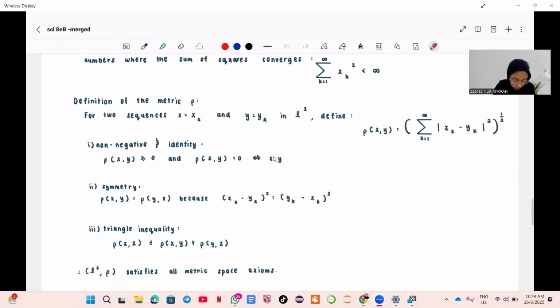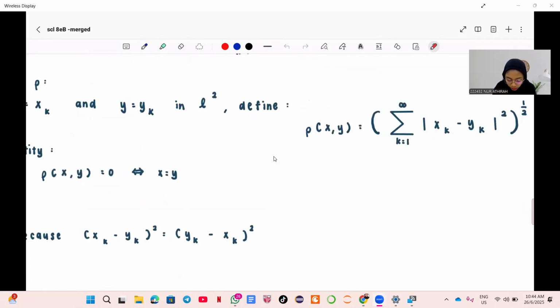Meanwhile, for definition of the metric law, for two sequences x equals to xk and y equals to yk in L2 defined with rho xy square root of summation of k equals to 1 towards rho x1